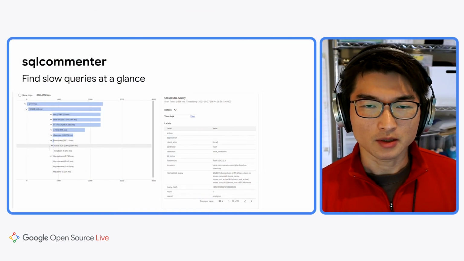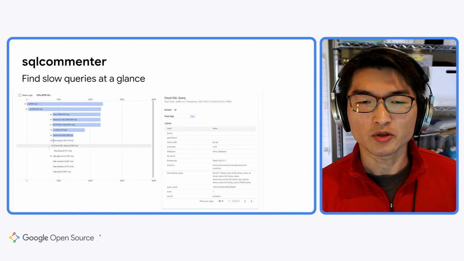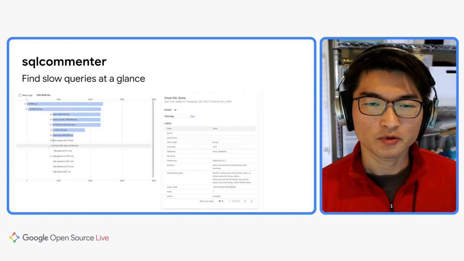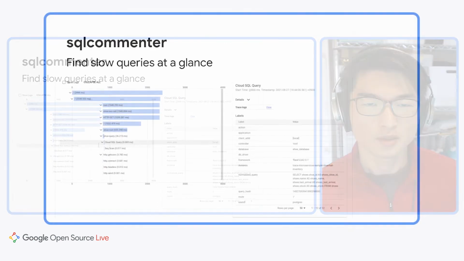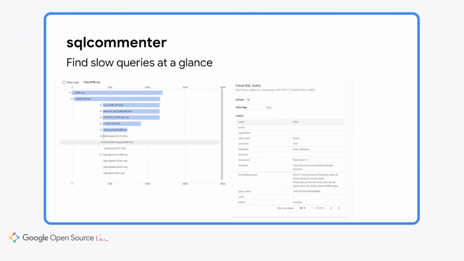As you saw in the demo, auto-instrumenter is handy, but I can show another great tool for you. So SQL Commenter is another powerful library in the OpenTelemetry ecosystem. SQL Commenter project recently joined OpenTelemetry. By using SQL Commenter and its compatible backend, you can easily correlate database queries with traces. By visualizing the query latency information along with the trace, you can capture a slow query at a glance, for example.